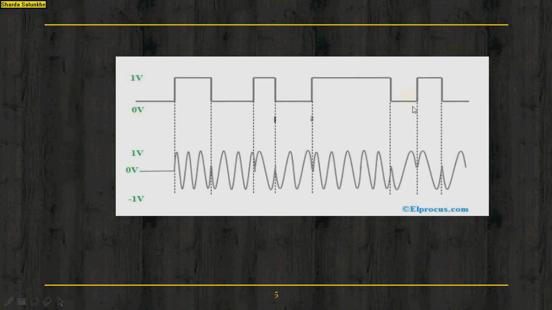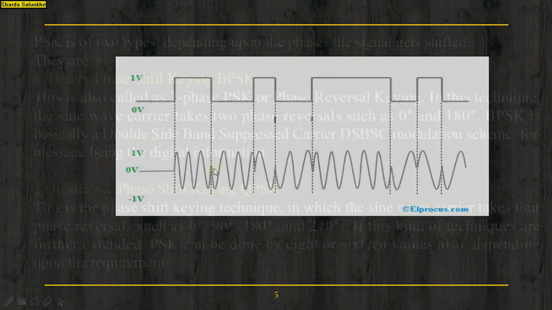So this is the typical waveform for the PSK, where the first waveform is indicated as a binary pattern and the second waveform is the PSK output. As the transition goes from 1 to 0, you will get the negative phase, and from 0 to 1 you will get the positive phase. Again, the next one, transition from 1 to 0, you will get the negative phase, and again 0 to 1, you will get the positive phase. In a similar way, the PSK output sends the symbols as per the phase change.